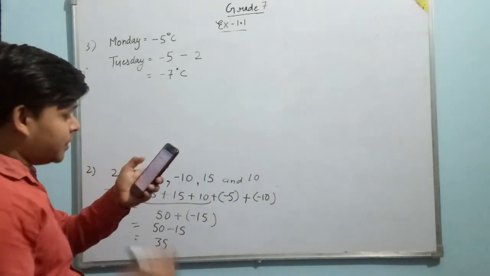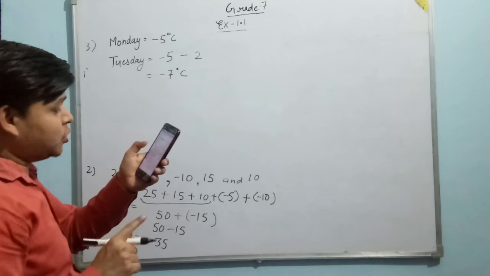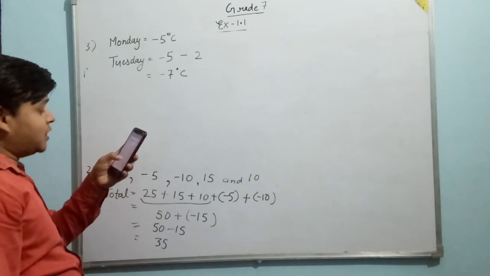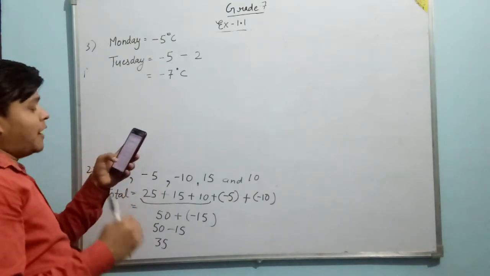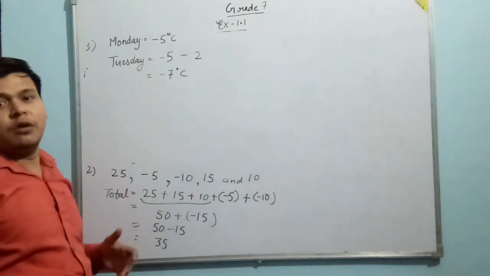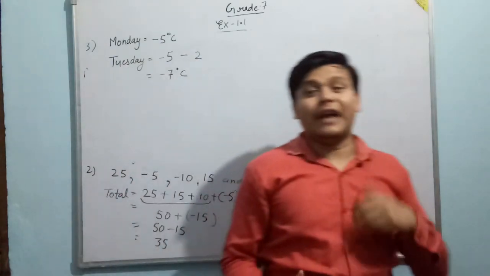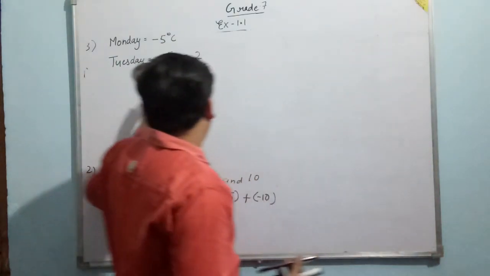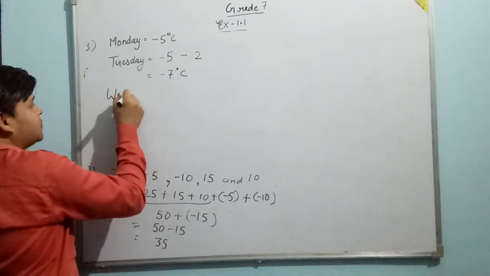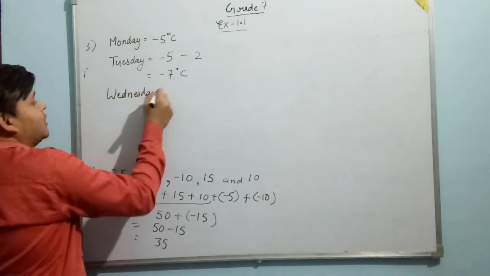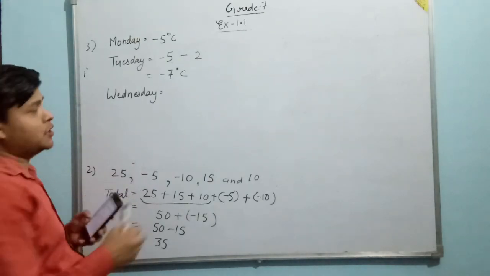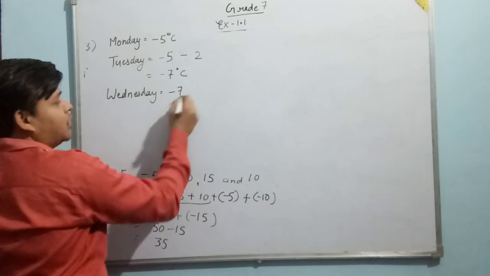So what is given further? Let's read the question further. What was the temperature of Srinagar on Tuesday? We have already written, it is minus 7 degrees Celsius. Now the question says that on Wednesday it rose by 5 degrees Celsius. That means the temperature has increased. You have to keep in mind that when something is increased, we always add. Right now the temperature is minus 7 degrees Celsius on Tuesday. So on Wednesday, let me write here that the temperature rose by 5 degrees Celsius. So from the current temperature we will add